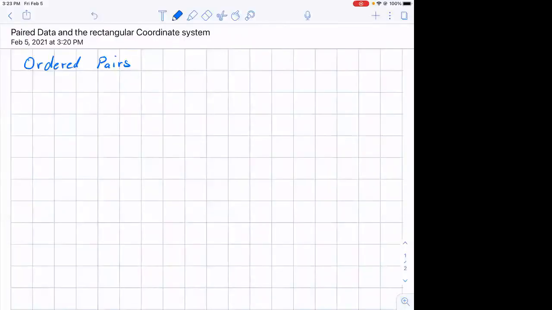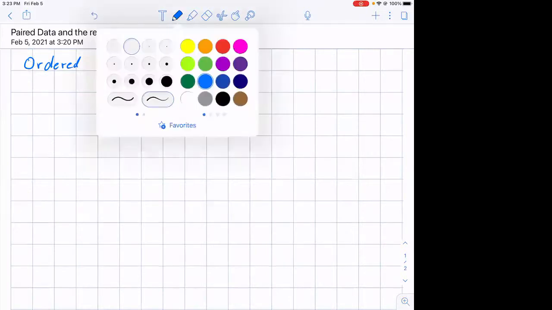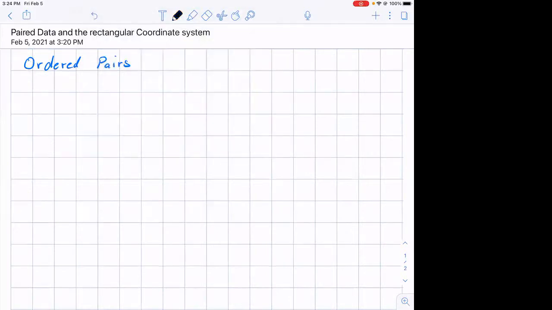Hello, we will look now at paired data and a rectangular coordinate system. Paired data, what I refer to as paired data, is another thing we call an ordered pair. So what I'm really talking about is a pair of numbers